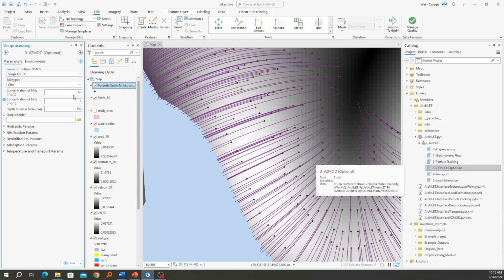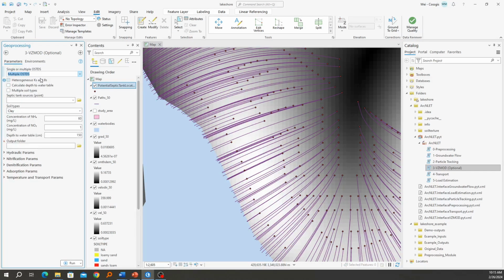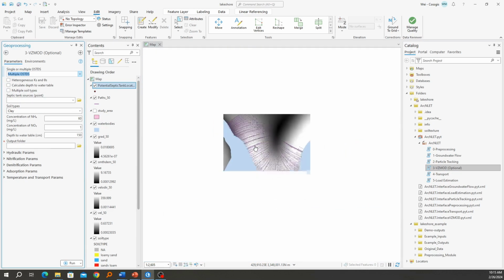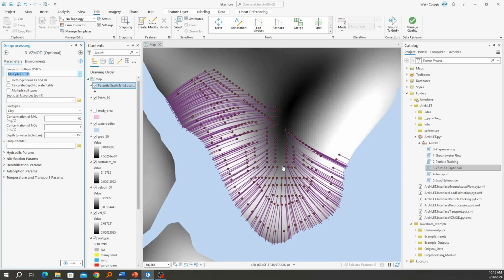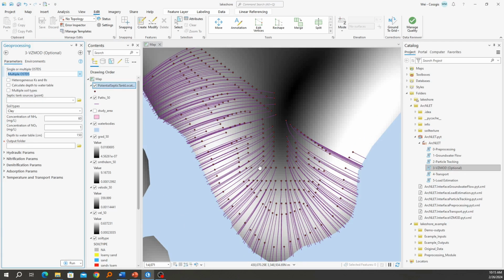Then the WIRMOD module is used to simulate nitrate and ammonium reactive transport in the vadose zone from the drain field to groundwater, and we show multiple OSTDs here. Then you can find there will be 3 checkboxes, because we have more than 200 septic tanks, and each septic tank is located in a different location with different parameters such as hydraulic conductivity and porosity. Therefore, we need to use different parameters for different septic tanks, and we show these